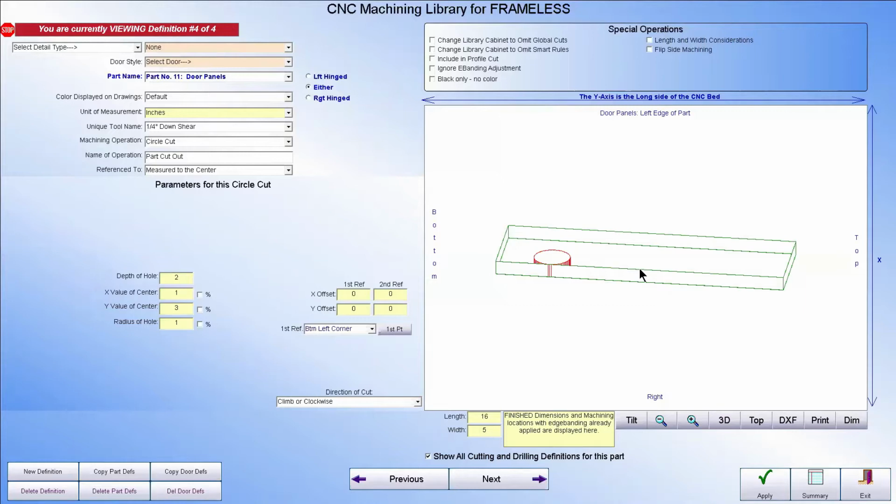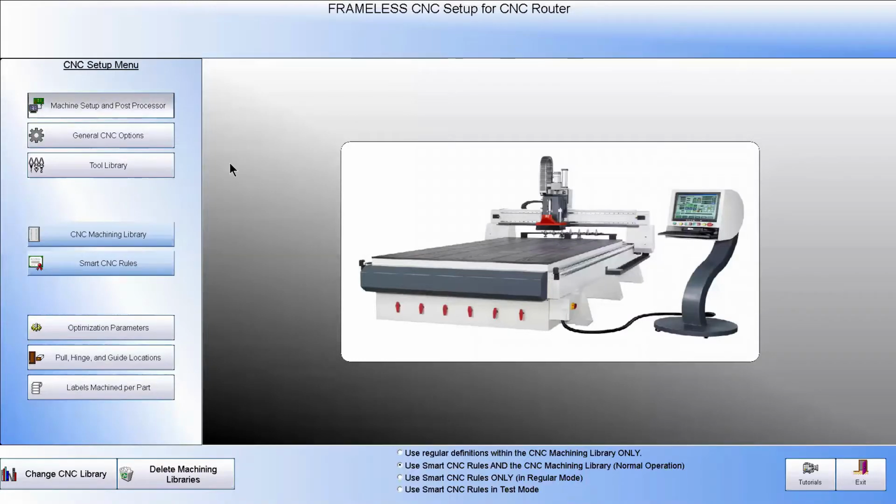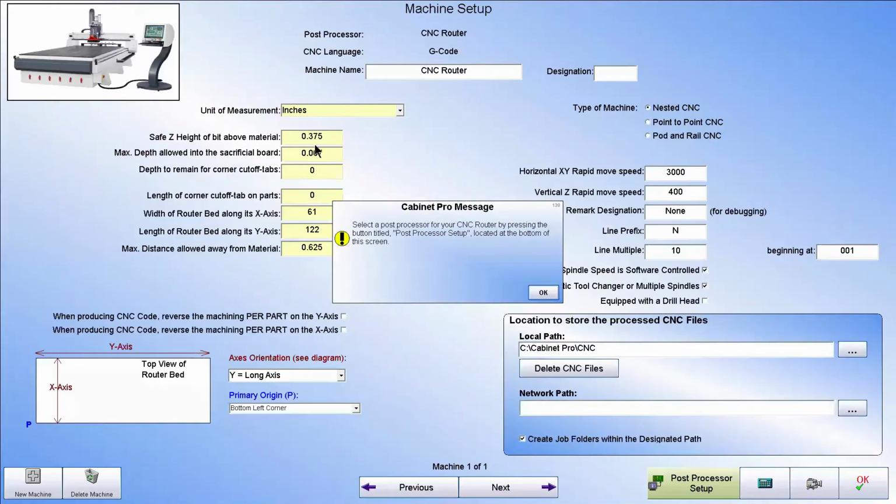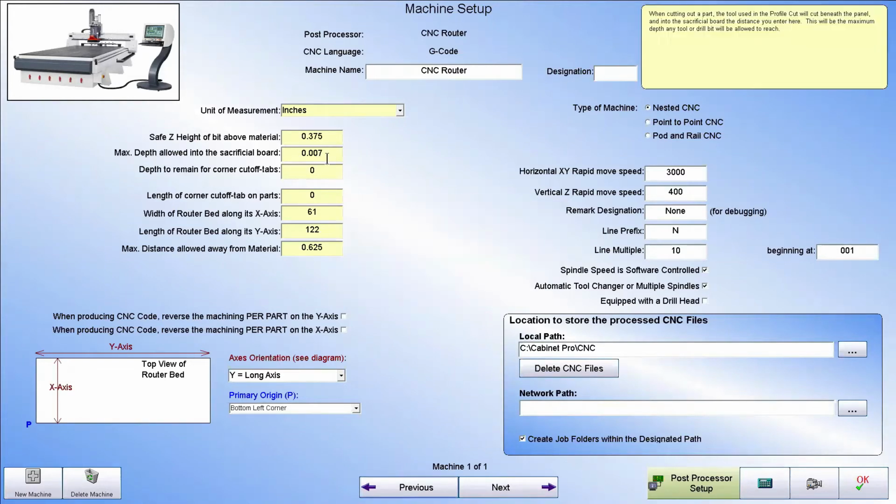And so what the program does is if the depth of cut that you're putting here, in this case 2 inches, is greater than the thickness of the material plus the user-defined maximum depth into the spoil board, which I have as 0.007,